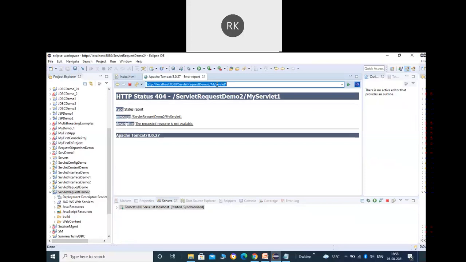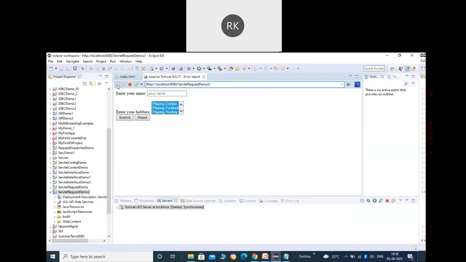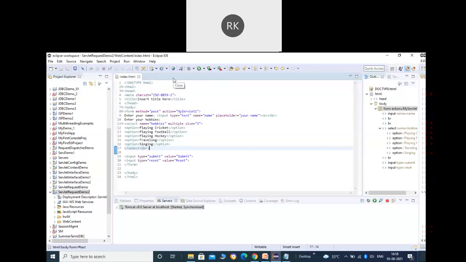You can see here, this is your form that is asking for your name, whatever name you are going to write here, and the hobbies. Here you can see you can select multiple entries. As soon as you click on the submit button, what will happen? You can see in the URL, it will take you to my servlet one. So this is the servlet we are going to create next. What we'll be doing there is trying to access the value of the name as well as whatever hobby is selected by you. These all are the parameters here. So we'll try to access the values there in my servlet one.